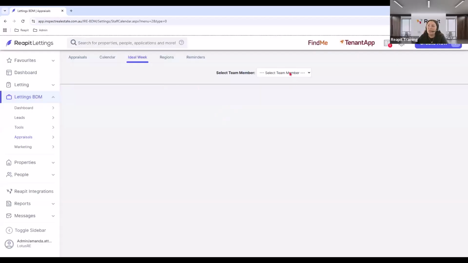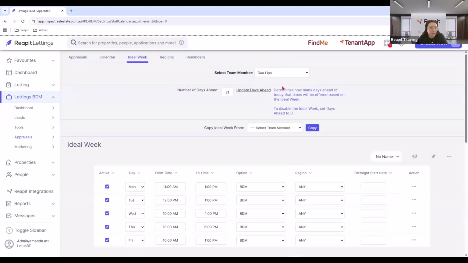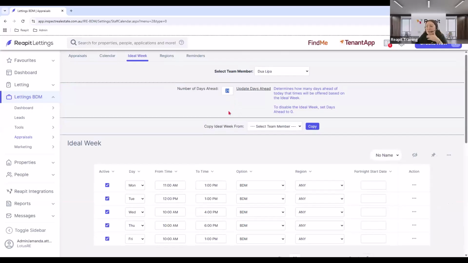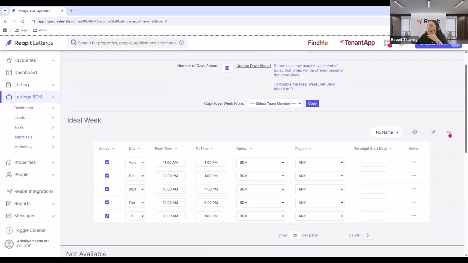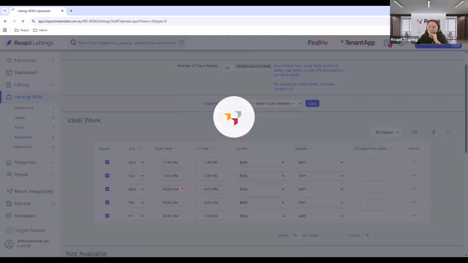So just get that there. You select your name. As you can see, Dua Lipa is a BDM in my system. Now you can select how many days in advance you would like your investors to book the appraisals. Okay, mine I've got 21 days in advance. But essentially, you would come down below, click on the three dots, new entry,